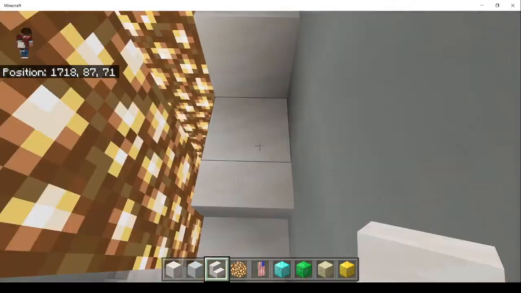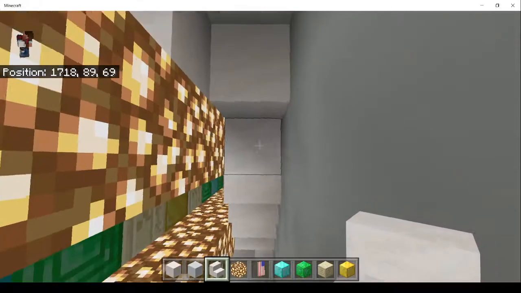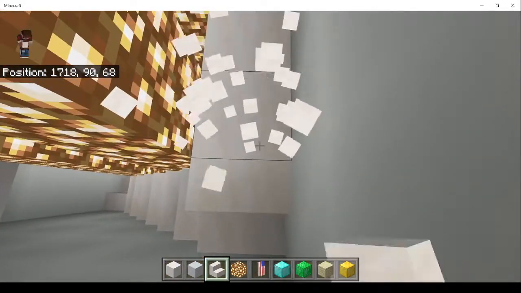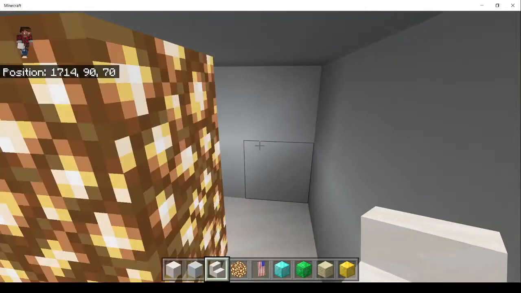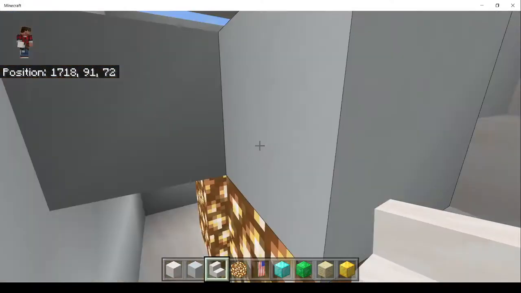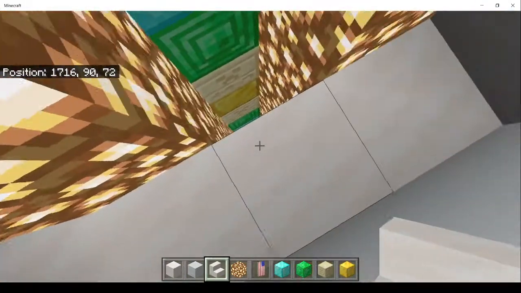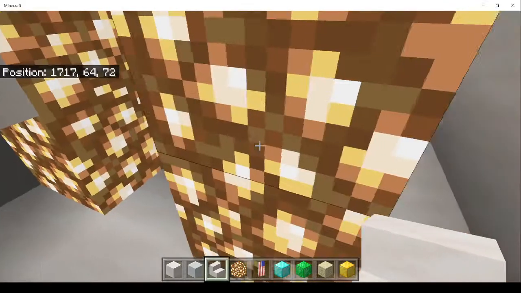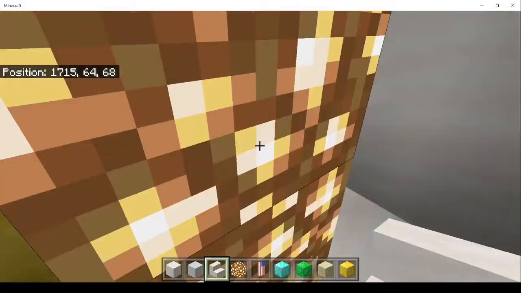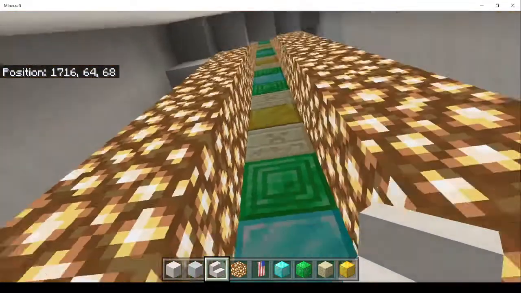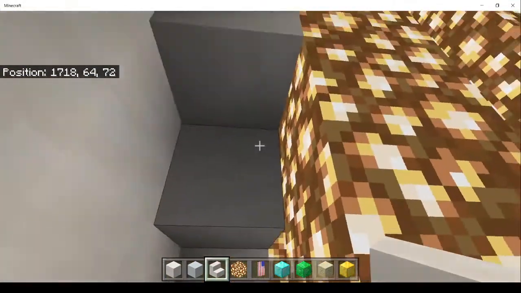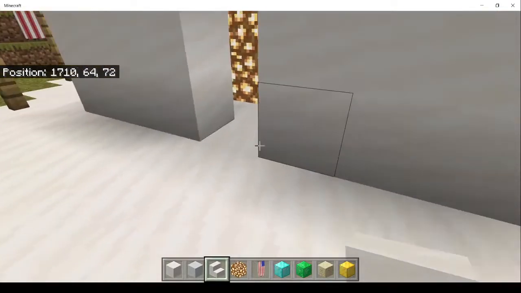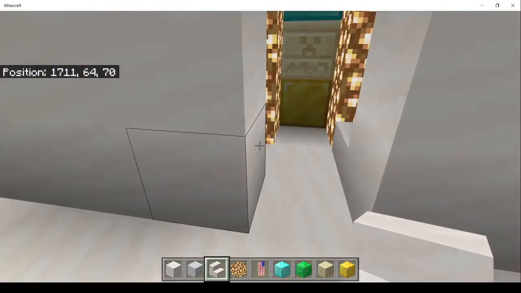And going up. Sweet. We are all set. So now let's go down, down, down. So we now have